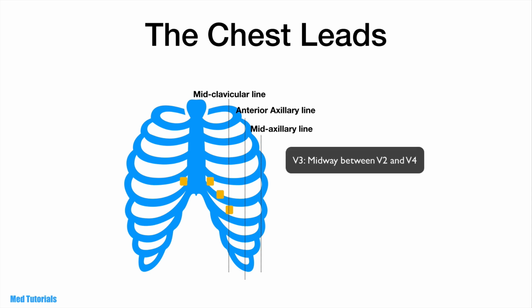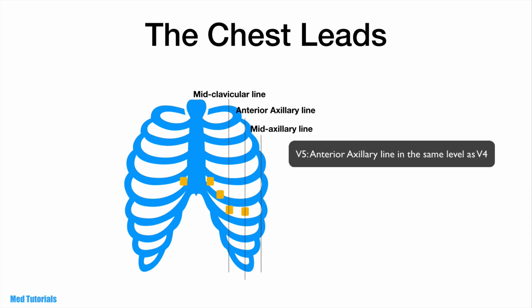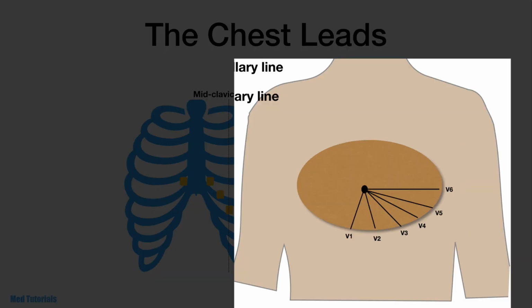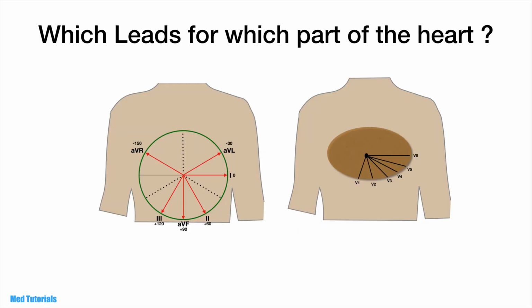V3 is midway between V2 and V4. V5 is in the anterior axillary line at the same level as V4, and V6 is in the mid-axillary line, again at the same level as V4. The positive poles of each of these unidirectional chest leads are now shown in this diagram. So now that we have an orientation as to where the positive poles of each of the 12 leads point to,